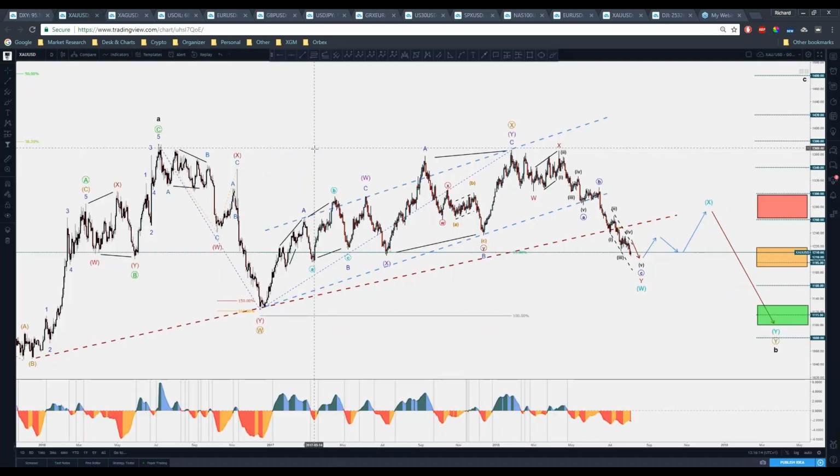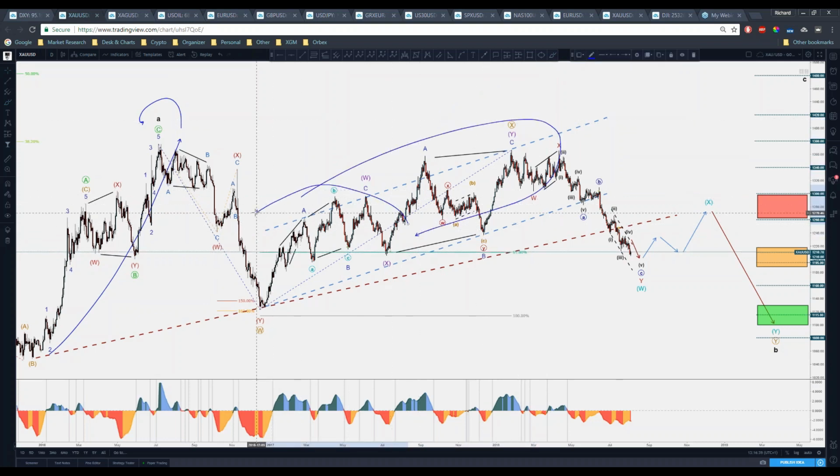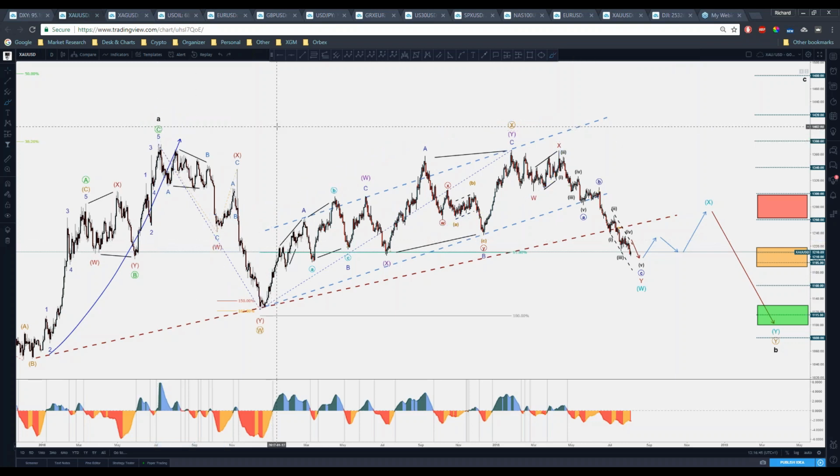Now moving to gold, I am labeling this as a flat correction in a complex structure in this B cycle wave black. We have the first parabolic move, the dominant trend, which is wave A, and then complex corrective structures. The reason I'm labeling this as multiples within multiples is because this is a corrective pattern which corrects this, and this corrects this. So you see we have a conflict of degrees and of corrections, hence the reason why double and triple threes form right here, especially in this wave X, which is the primary X orange right there.